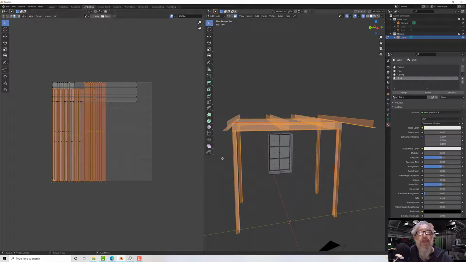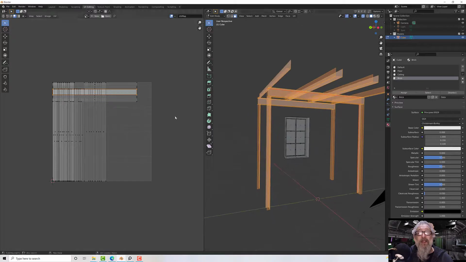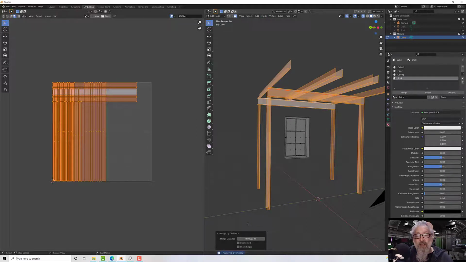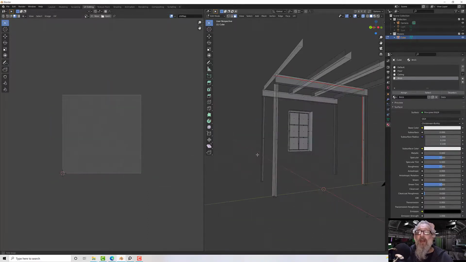There we go. There seems to be one missing. I don't know what this one is. I know it's a beam, and I know it's there somewhere. So let's just select everything to start with. And on the mesh tab, we'll do a clean up and merge by distance. It's removed one vertex. Let's increase that up a little bit. No, that's too much now. Okay, so